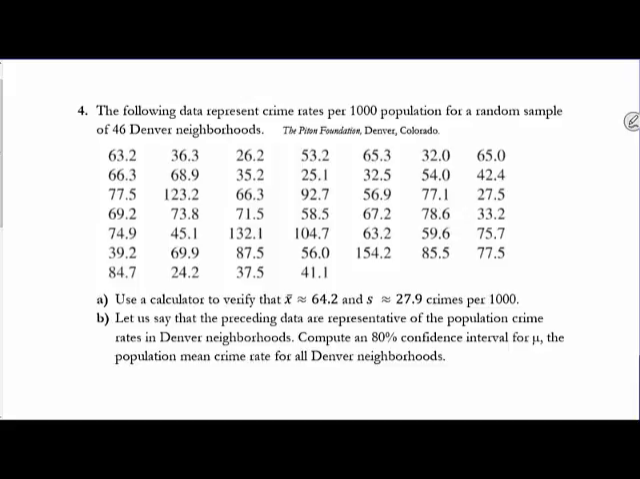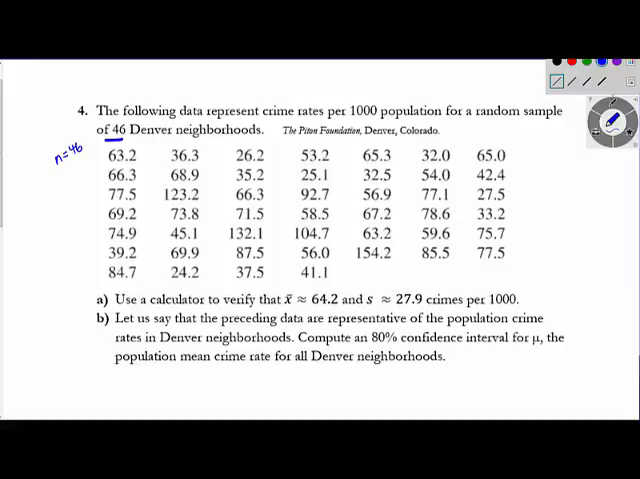This example is a lot more likely of something that you'll come across in your field once you graduate. And here's just a bunch of data. The crime rate per 1,000 for a random sample of 46 Denver neighborhoods. Now, because there's a sample of 46, we know that the sample size n